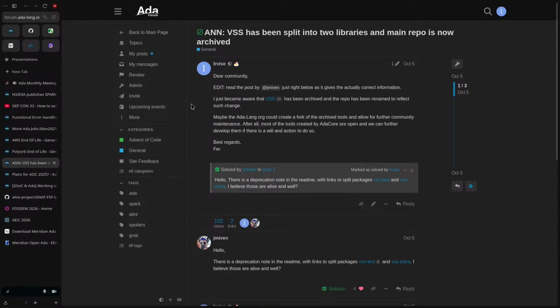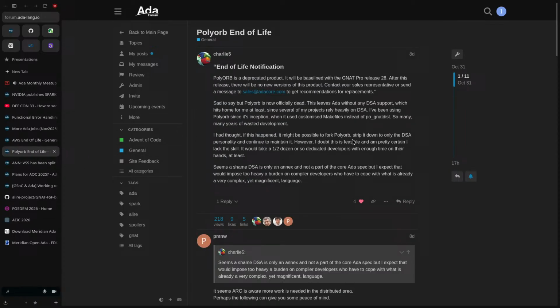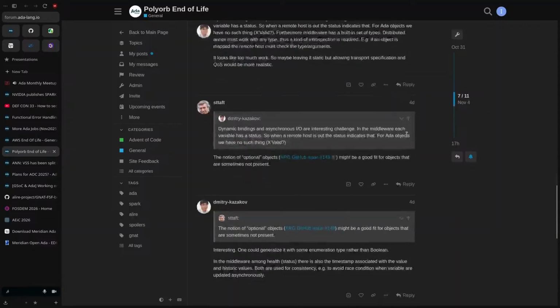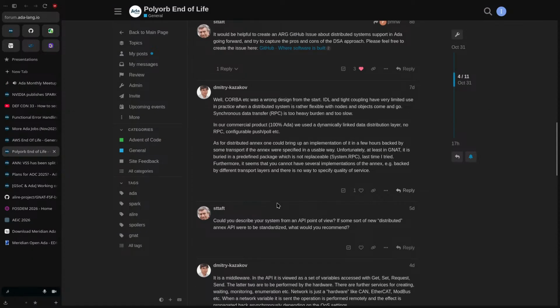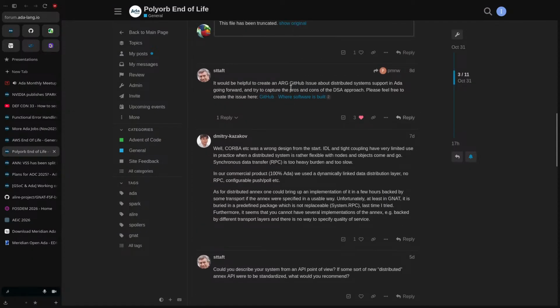And talking about Polyorb, by the way, Tucker Taft, part of the Ada Rapporteur Group, is always interested in learning more about what people are doing with the Ada DSA, what they like, what they don't like, and what improvements or changes could be applied to the DSA as it is currently written in the standard, to hopefully have something better in the future.